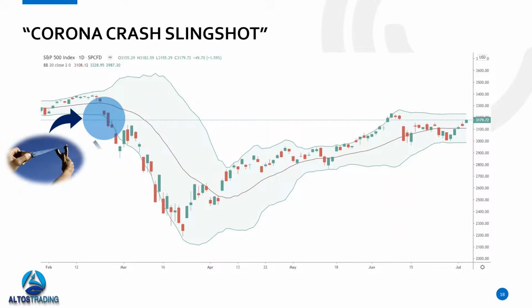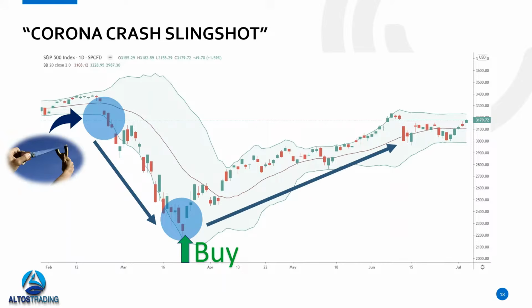Well, obviously that's what happened here. Okay, so we get a sell-off that ultimately creates demand or buying opportunity. So as a contrarian trader, you would be coming in here and taking advantage of that panic selling and buying. And as we previously looked at, over the next few months, the S&P's rallied and returned right back up to that initial sell-off level. This is where the slingshot gets released. This is where we want to look at taking profits.